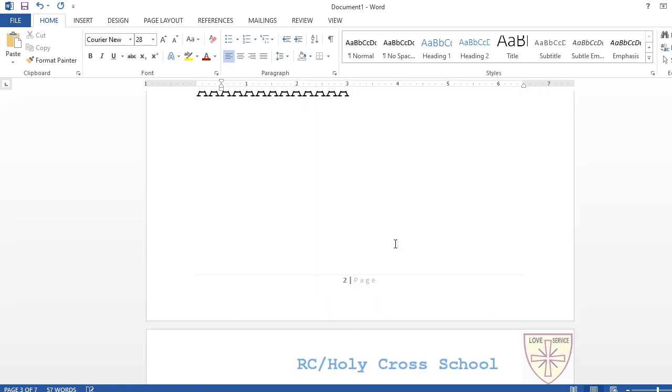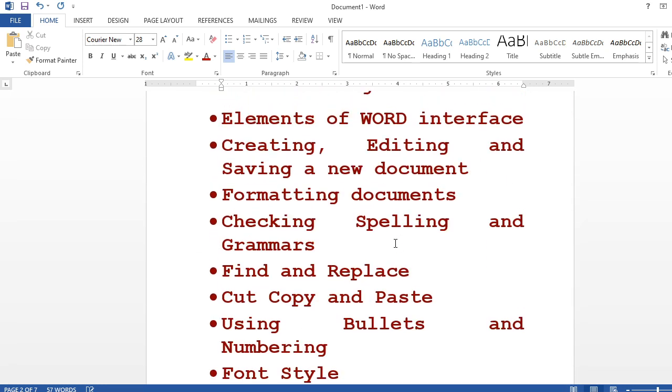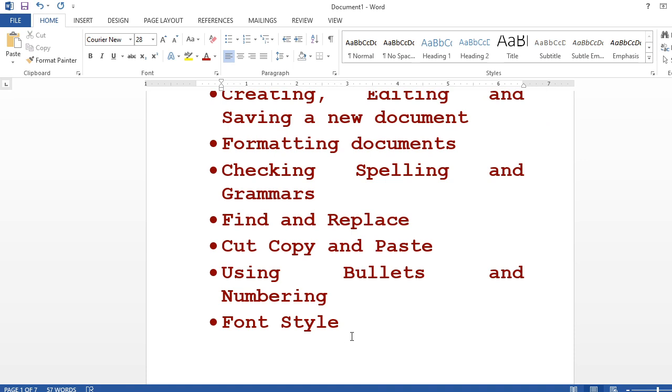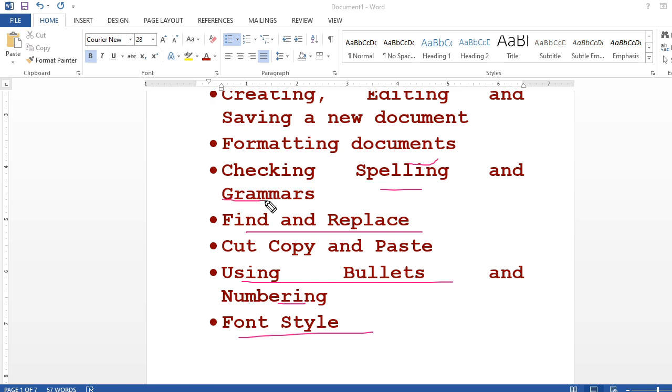Okay, these things will be clear when you are going to have a hands-on experiment in MS Word. Okay, so in this one what we have learned, how to have a font style, right? Different types of font style, how to have numbering and bulleting, find and replace, checking spelling and grammar, red for spelling and green for grammar. In mine, this spelling and grammar is off, understand, that's why it is not coming, but in yours by default it is on. Okay, so you try it out, you are going to get it. Then again formatting documents, and creating documents and saving documents, going to come.